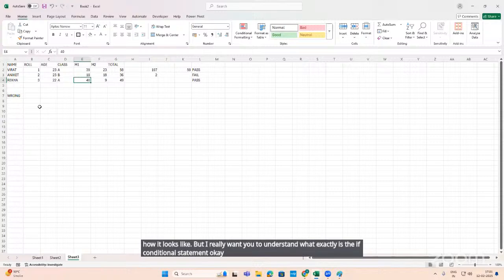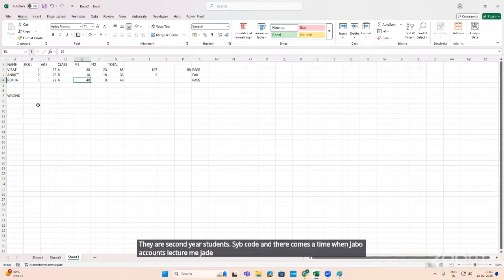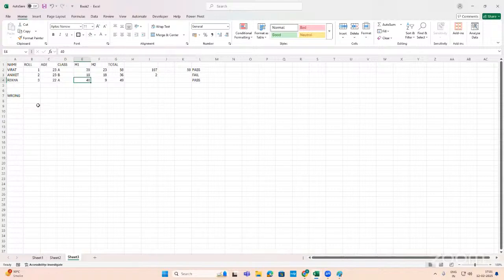So my students who I'm teaching Excel, they are second year students, SY BCom, and there comes a time when जब वो अकाउंट्स लेक्चर में जाते हैं और इतना नंबर्स देख लेते हैं वो वहां पे कि उनको मेरे लेक्चर में आके नंबर्स नहीं देखना होता, which is also right, because they do require some break, otherwise it will be a very difficult task for them. तो हम कुछ ऐसे प्रोजेक्ट करते हैं जहां पर